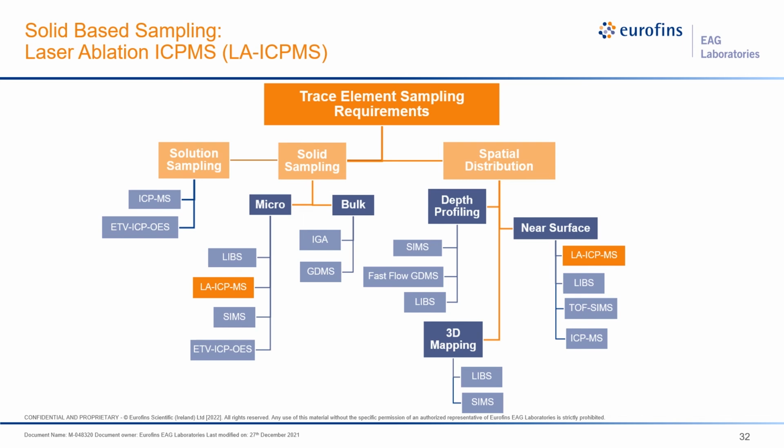So next up is another solid sampling technique called laser ablation ICP-MS, or inductively coupled plasma mass spectrometry. Similar to LIBS, laser ablation ICP-MS uses a laser beam to remove material from the surface of a sample. Instead of being analyzed at the site of ablation, however, the ablated material is transported in helium and argon to